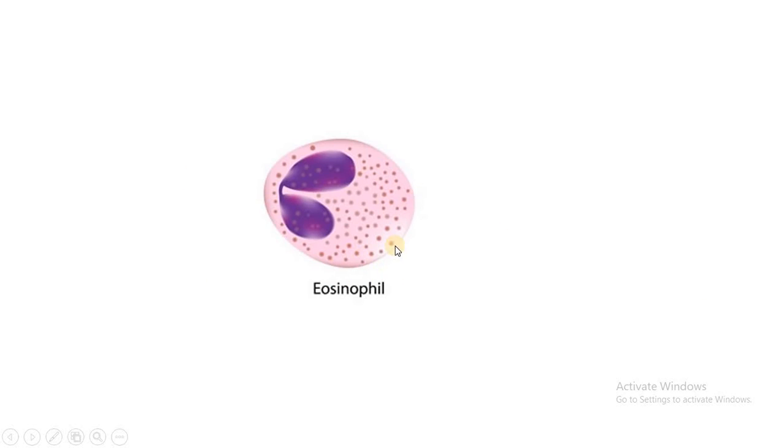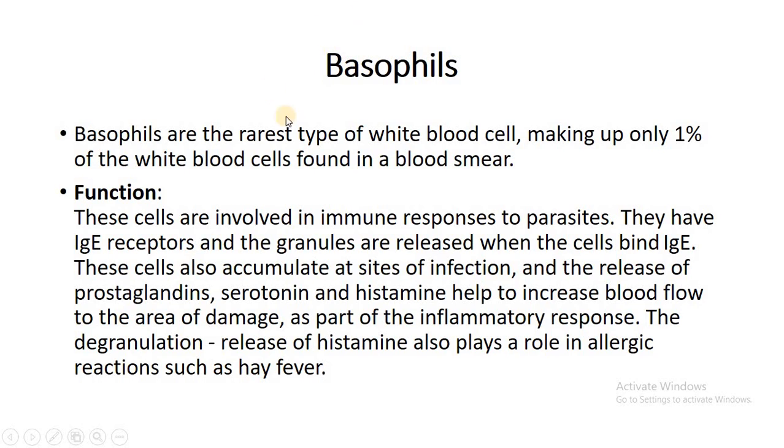This is the structure of the eosinophil. Eosinophils are characterized by the presence of a bilobed nucleus, whereas neutrophils are characterized by a multi-lobed nucleus. Next important polymorphonuclear cell